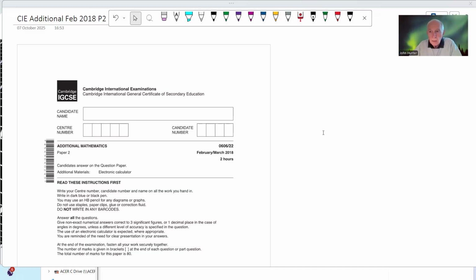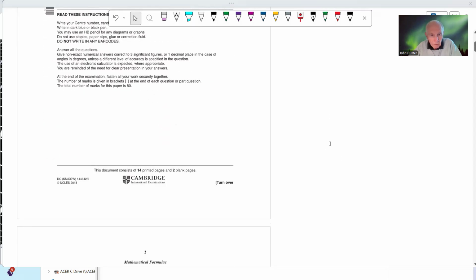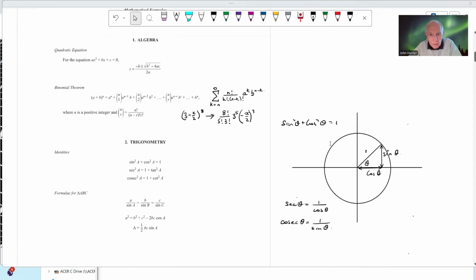Right, this is a worked paper, the CIE Additional Maths from February 2018, paper two, this one. So I'm just going to go through all the questions, and hopefully you will get something out of this. So here we go. Right, before going into the questions, perhaps I could